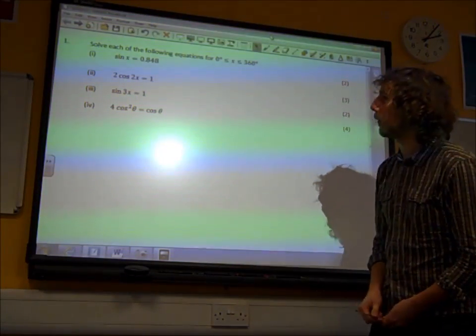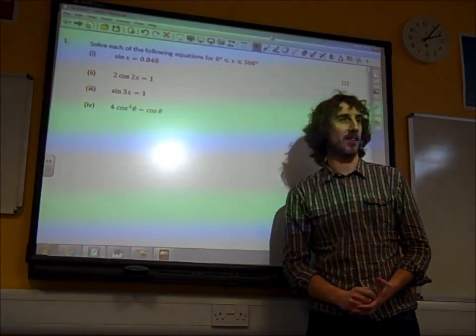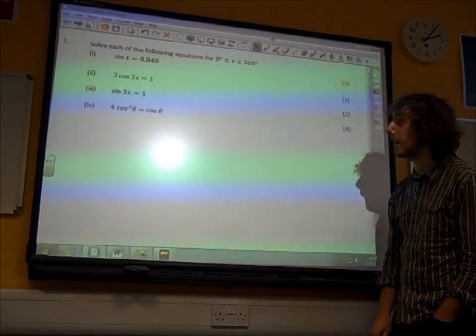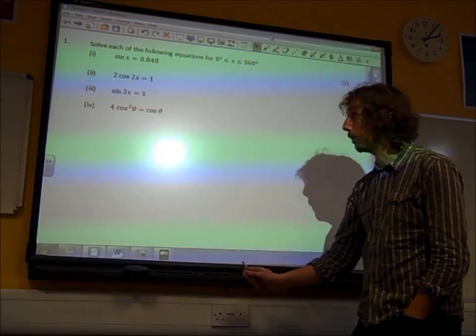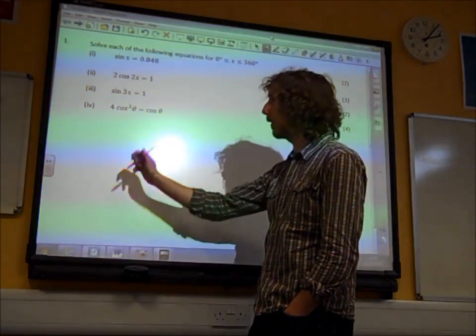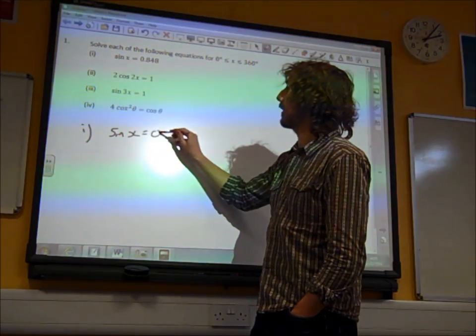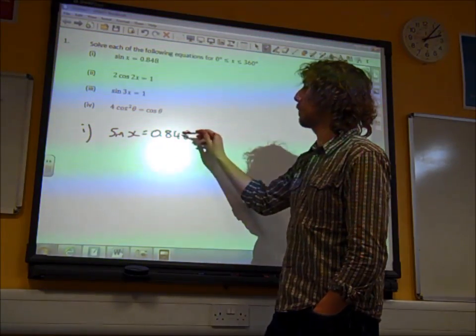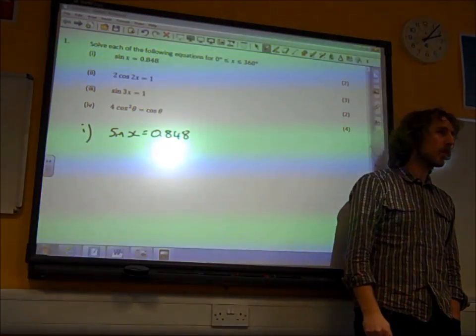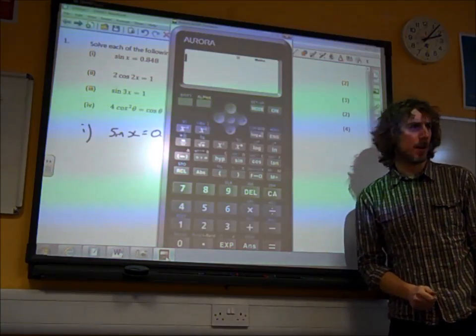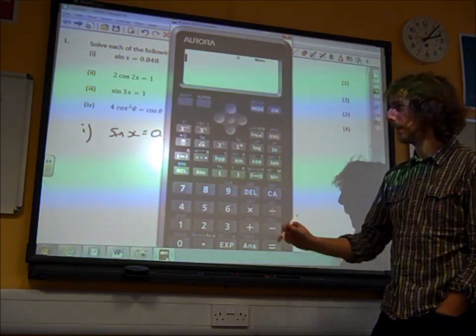Okay, so solve each of the following equations in degrees. We know it's degrees because it's 0 to 360, and we've got 3 equations to do. Actually, there are 4. So 1. Sine x is 0.848. I am going to go straight to my Aurora AX595 and do